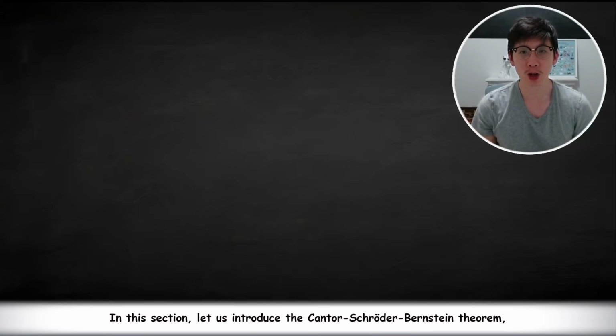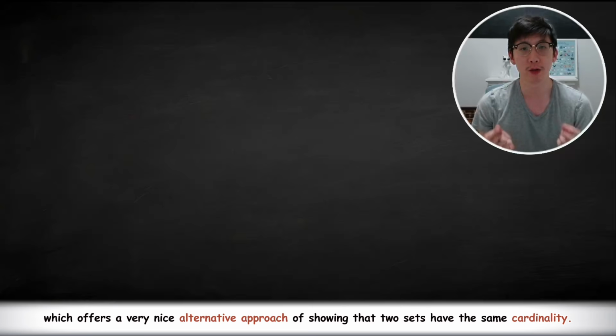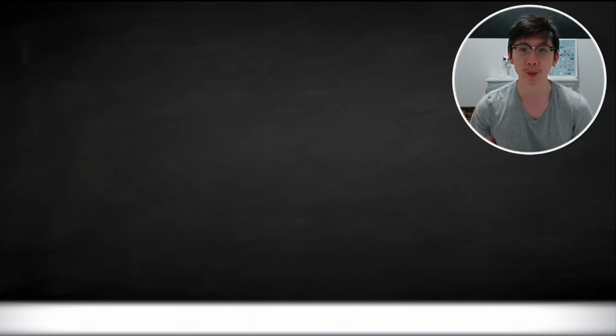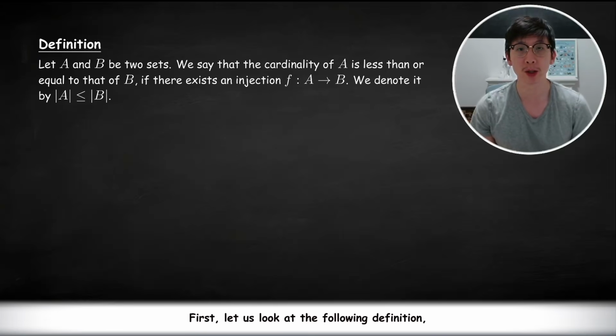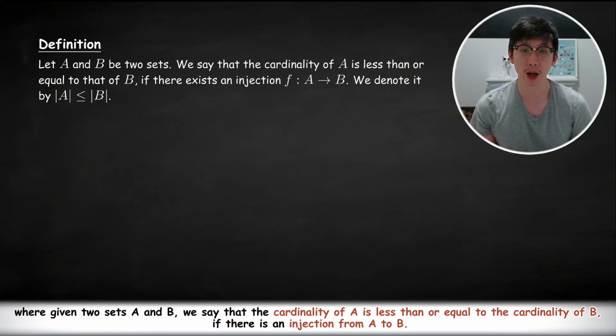Everyone, in this section, let us introduce the Cantor-Schröder-Bernstein Theorem, which offers a very nice alternative approach of showing that two sets have the same cardinality. First, let us look at the following definition, where given two sets A and B, we say that the cardinality of A is less than or equal to the cardinality of B if there is an injection from A to